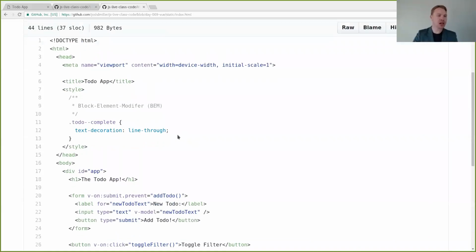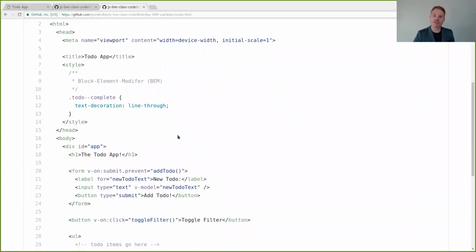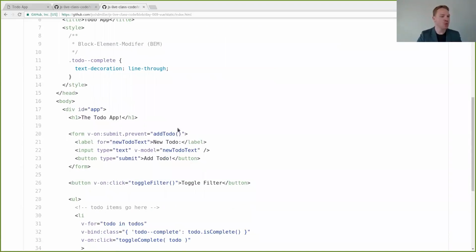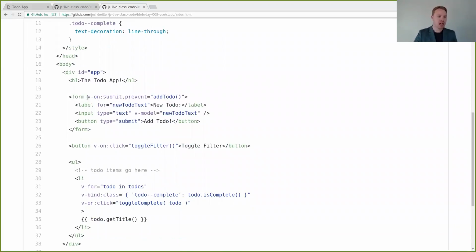Now, this is going to look, at first, an awful lot like Angular. So we have a form, and with Vue, they prefix things with v-. They have these things that look like Angular directives, and it's really just their template syntax. v-on, meaning on submit, and I want you to prevent default before you do it, because we were doing that on our form submission, then call addTodo. And then we have this v-model, same thing as before. It does 2-way data binding, just like Angular did.